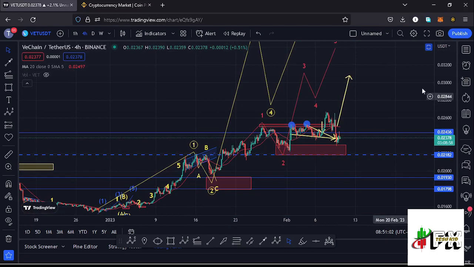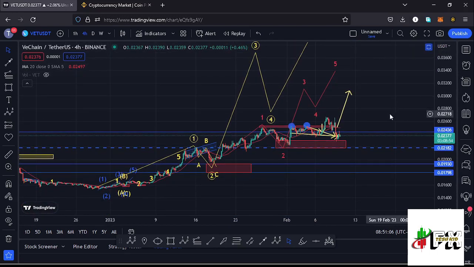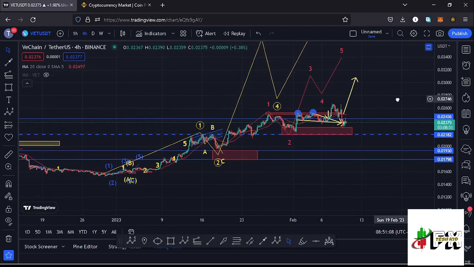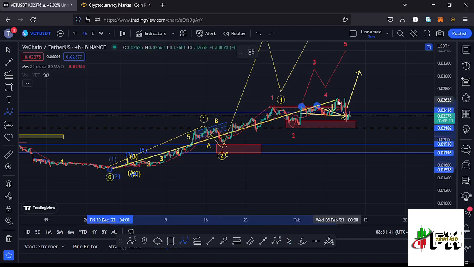But in case we continue seeing the bearish movements that we are seeing on the whole crypto market, then there are chances that we might continue unlocking lower prices in a worst case scenario, where I have this whole structure right here as a larger Elliot wave count 1 to the upside. So what I'm preparing you for here is a worst case scenario that can play out in case we continue seeing lower prices here on the Vechain chart and also on the whole crypto market. And in that case scenario, I'm terming this whole structure right here as a larger Elliot wave count 1, making its peak at around the